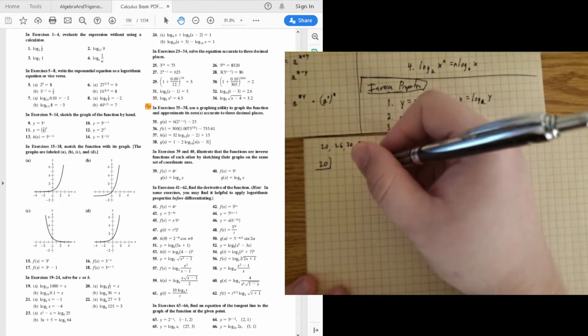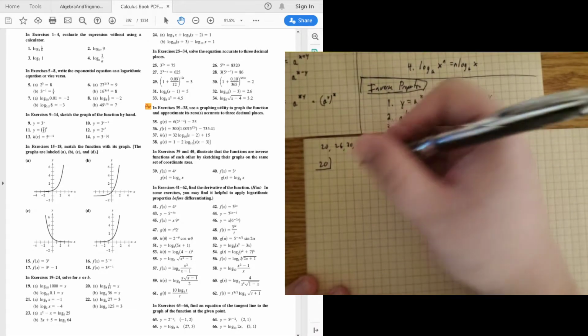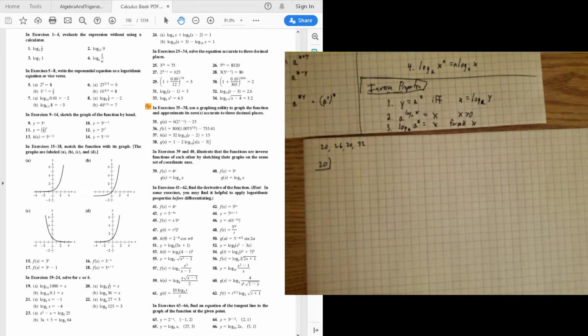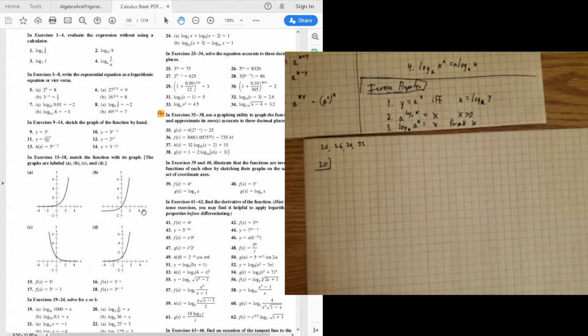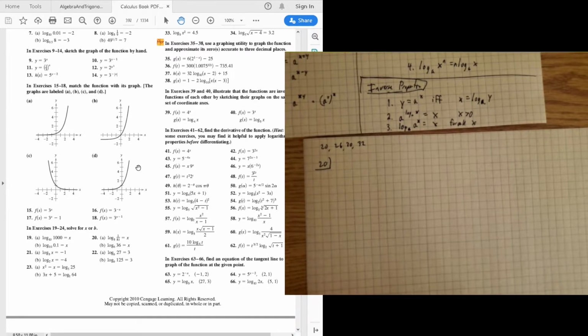On number 20, we have the following equation. Solve for x or b, depending on the problem. I need to zoom in a little bit. I can't really see it. There we go. It says for part A,